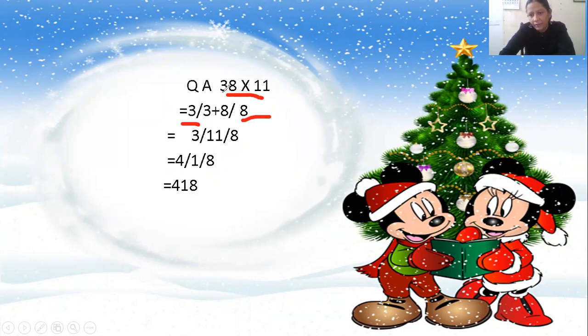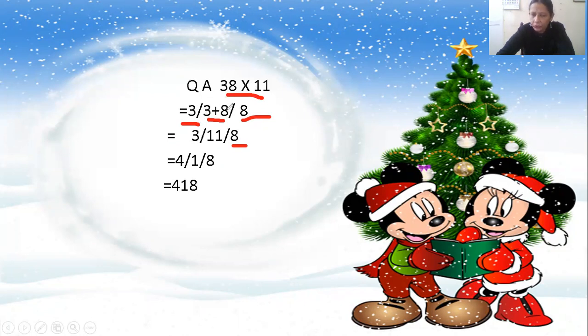As in all the previous questions, I have told you, you have to now do the addition of 3 plus 8. And you put the slash here. You have done the splitting, you just put the slash also here. So 8 you see as it is here. I have written here 8 as it is. Now this slash is here. I just put this slash here, 8 as it is.